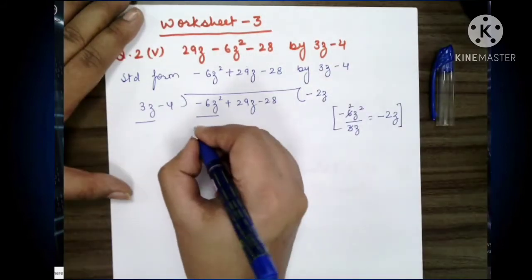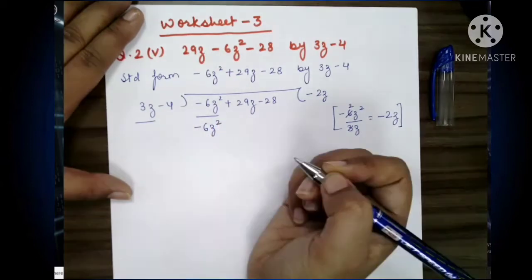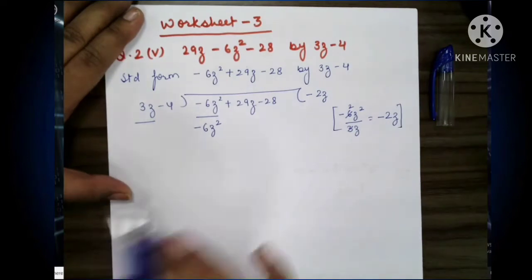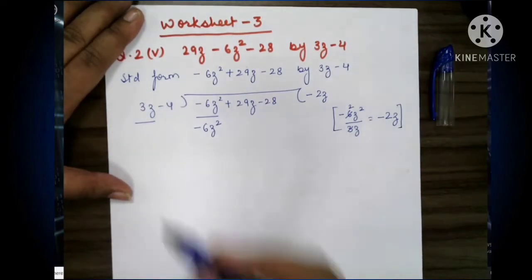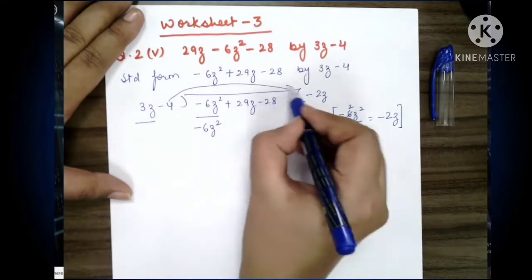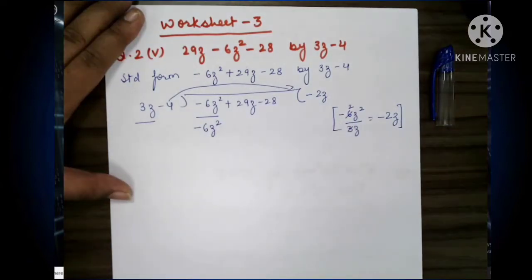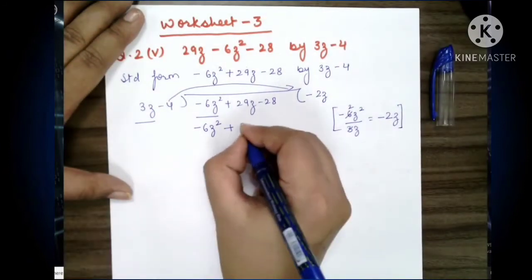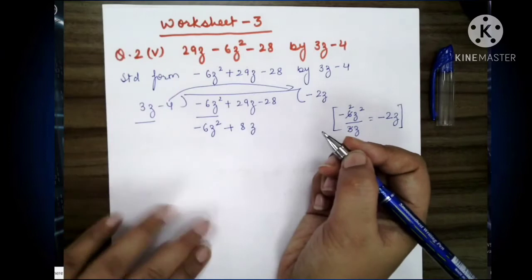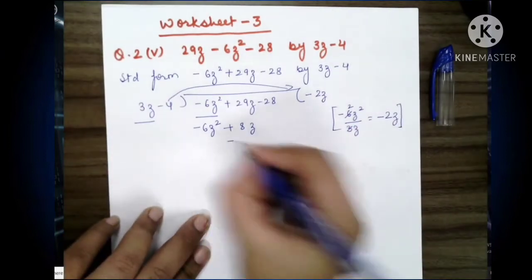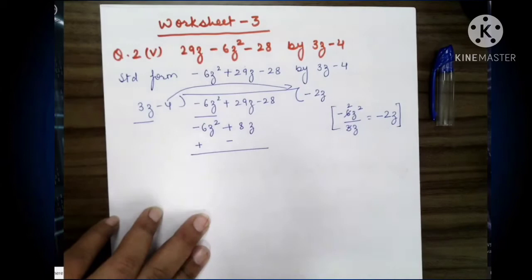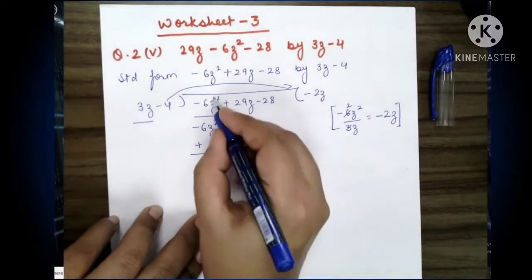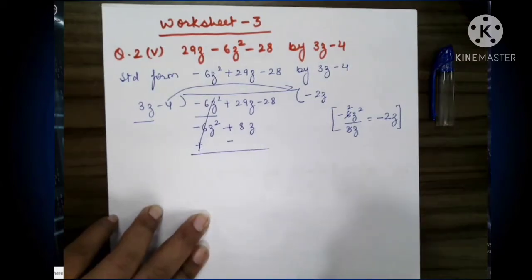So the first term we write as it is, minus 6z square. Minus 4 multiplied, I told you the underlined term will already come under the underline. The remaining we have to multiply. Minus 4 multiplied by minus 2z, you get plus 8z. Keep in mind, plus 8z goes under z. Now change the sign: minus becomes plus, plus becomes minus. Now see, this is 6z square, plus and minus will cancel. The first term cancels.